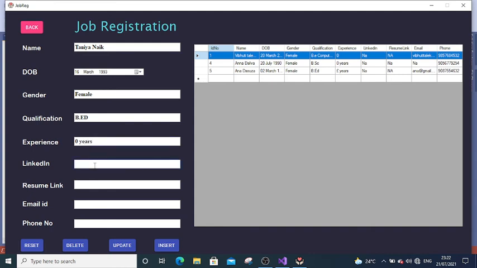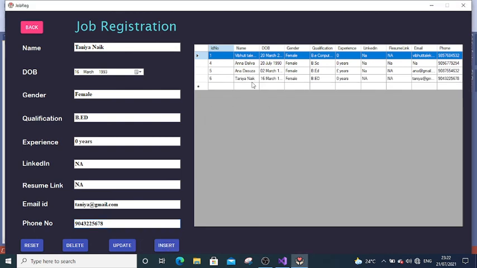LinkedIn profile, here you can enter your LinkedIn profile. The maximum length for your LinkedIn profile is around 100 characters. If you insert more than that, then you will get an error. So I'll just put any over here. Let's say this candidate does not have a LinkedIn nor a resume. So insert, the operation is done.